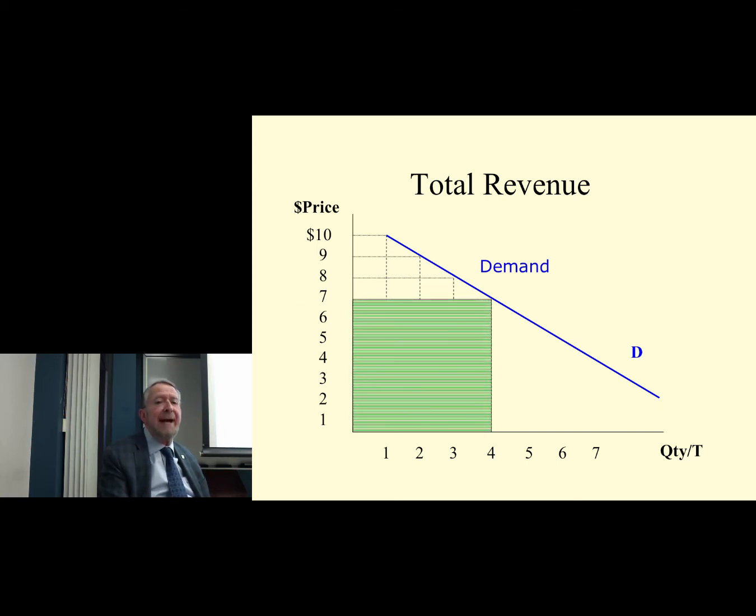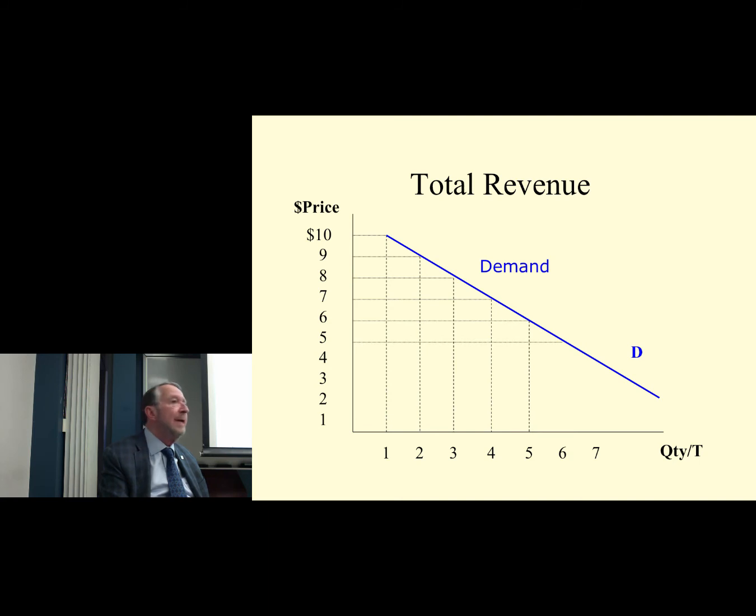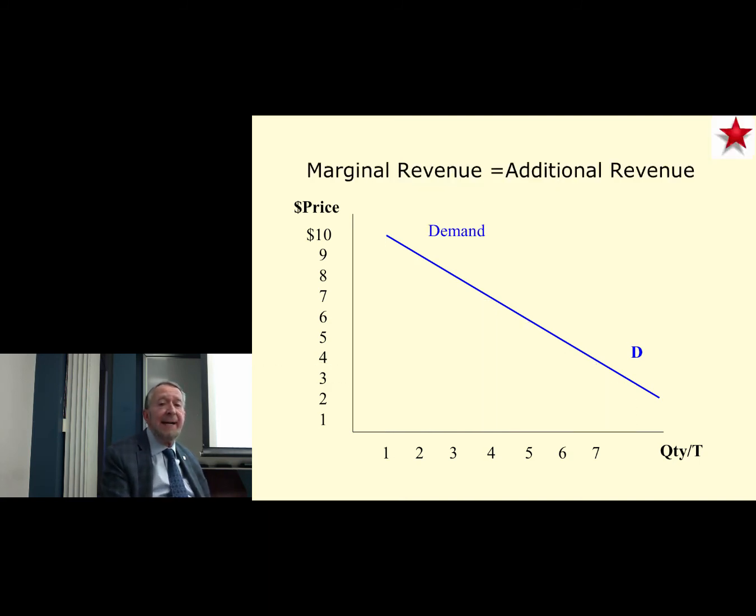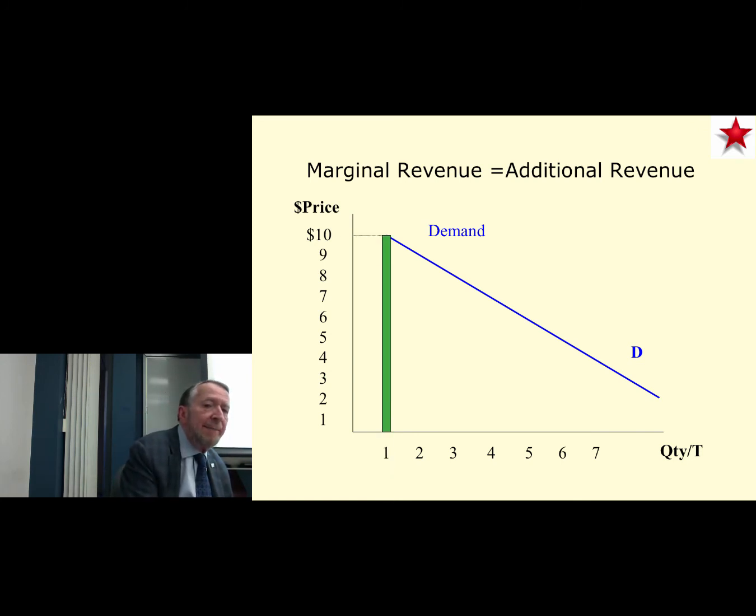So as I move down in price, you can see initially total revenue is going up. Total revenue is increasing until I get to 5 and 6. So understanding how total revenue changes as I lower the price in this first range, I can calculate marginal revenue, which is the change in total revenue. And for the first unit, marginal revenue is the same as price. I charge 10, I sell 1 unit, it adds